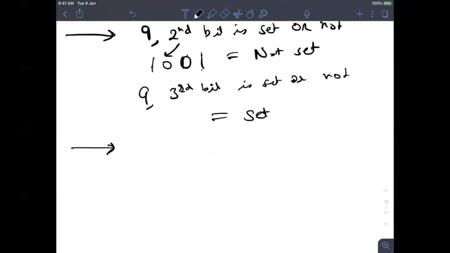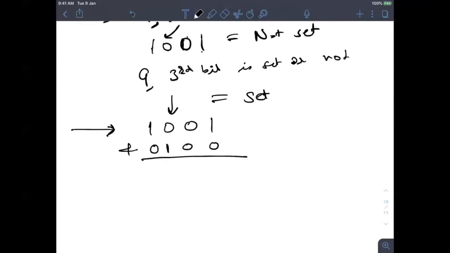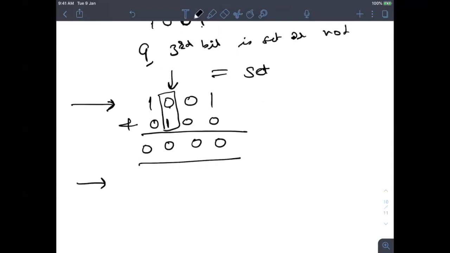Let's say we have any number. Just imagine it in binary. Let's say again 9. If I am trying to find this bit, and I put 1 under it and everything else is 0, and I take the AND with n, what will happen? The other bits will definitely become 0 because I am putting 0 everywhere. Only if this bit is 0, then it will be 0. If it is 1, it will be 1.